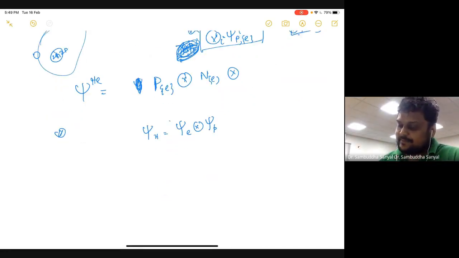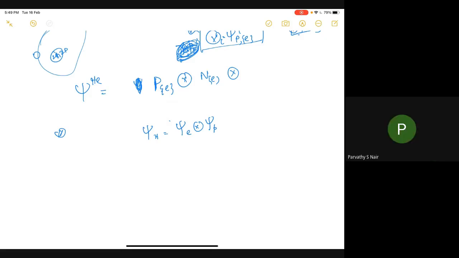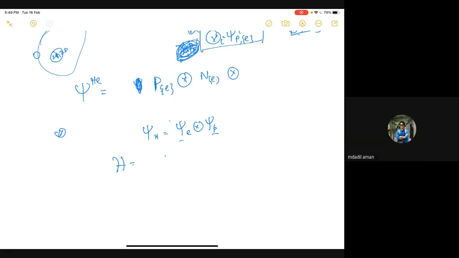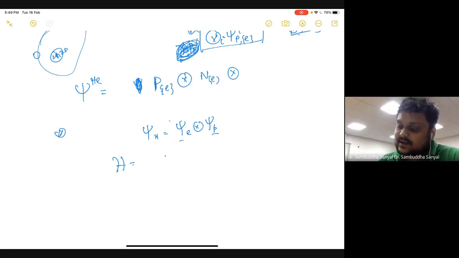See, in principle, the hydrogen atom is a two-body problem, right? So two-body problem means you have these two particles, and then there is a Hamiltonian which has the coordinates of the electron and the proton. And these are distinguishable particles, so it is not a problem. So that is why I am not considering hydrogen, the question of angular momentum addition.